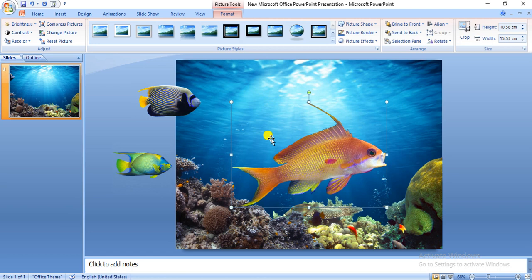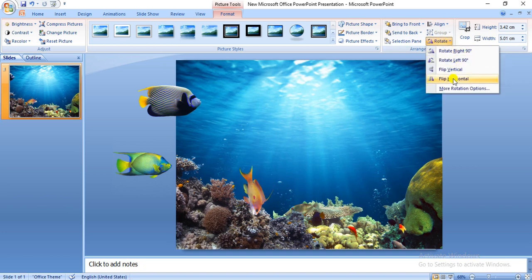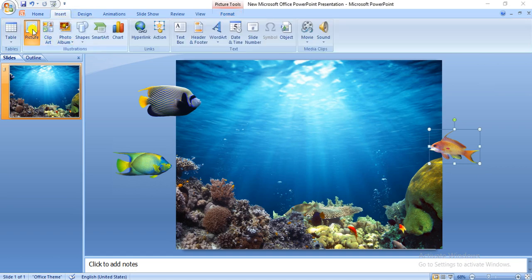If you want to rotate it, you can also rotate it. There is an option of rotation that is present in the arrange group. If you want to rotate, you can go for flip horizontal in this manner and you can see your image will get flipped horizontally. Okay. So we'll go to the next image.